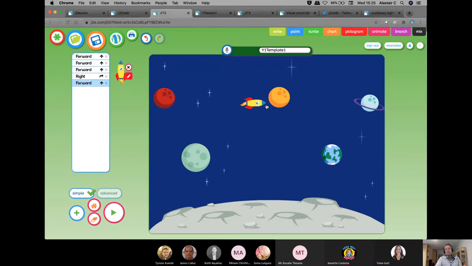And what you'll see happening is, when we're clicking, the algorithm, which is this set of instructions on the left-hand side here, is instantly moving the rocket, and it's also immediately adding to the algorithm, so the students can learn what an algorithm is and actually see it happening on the screen. The next stage to this, we could perhaps return home and start the whole thing again. We can always clear, which is the erase button at the bottom here, and we can always play it again just to see that everything's working correctly.